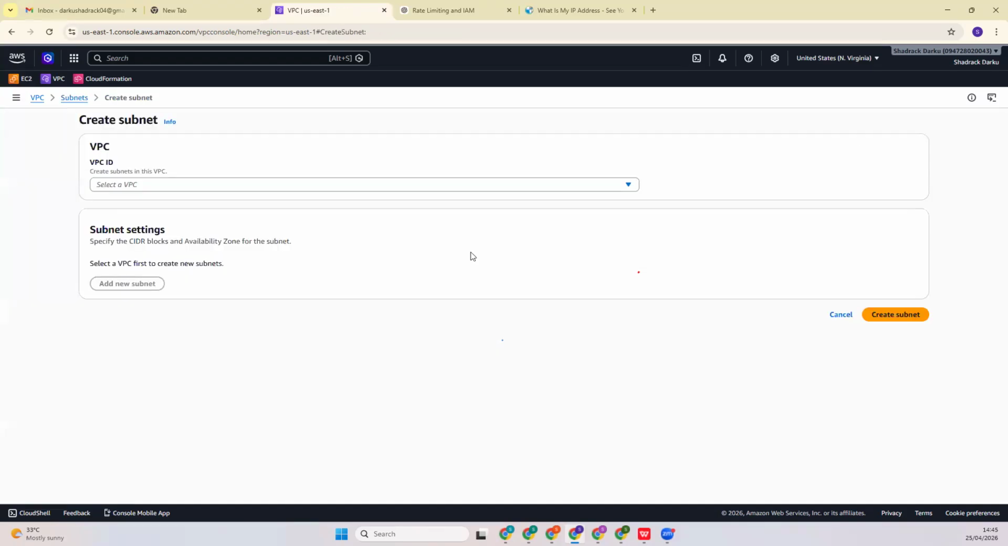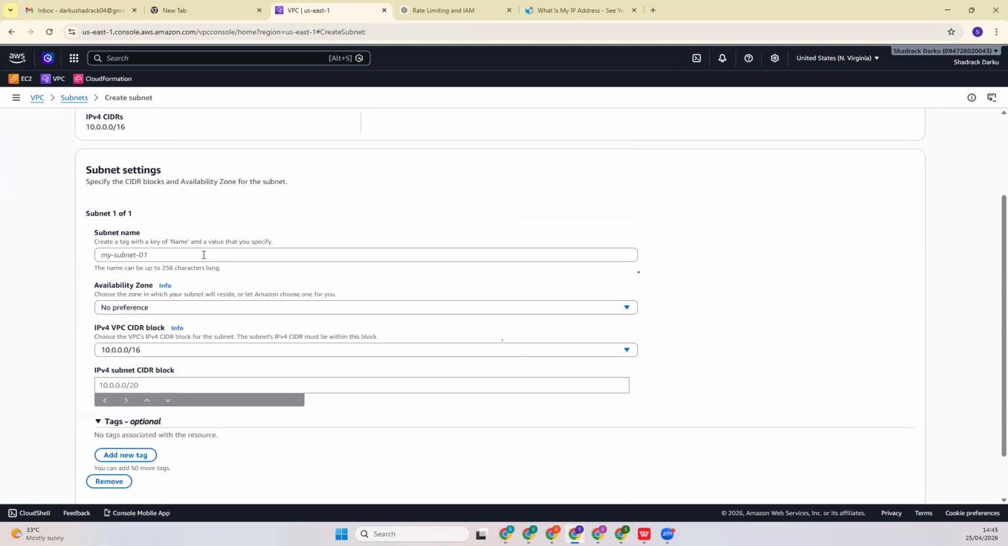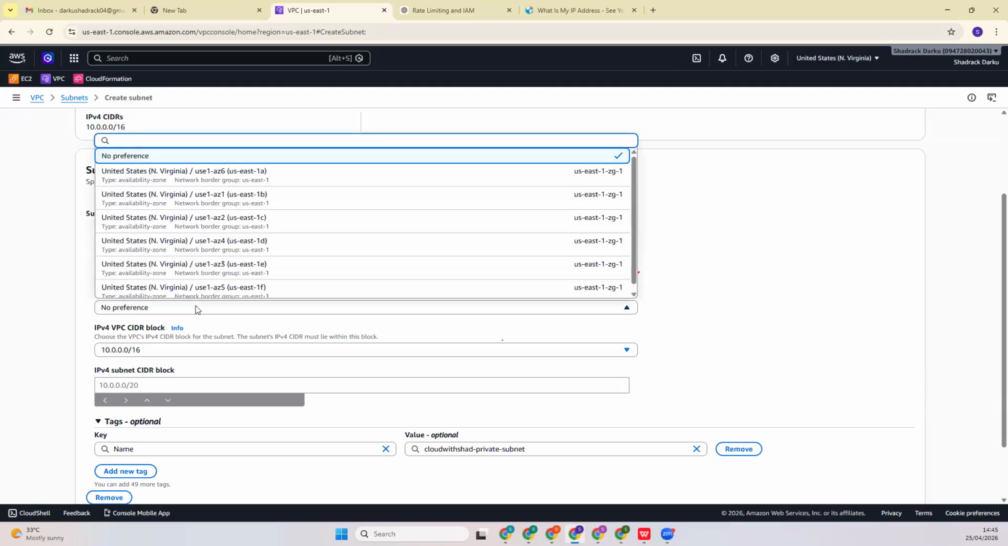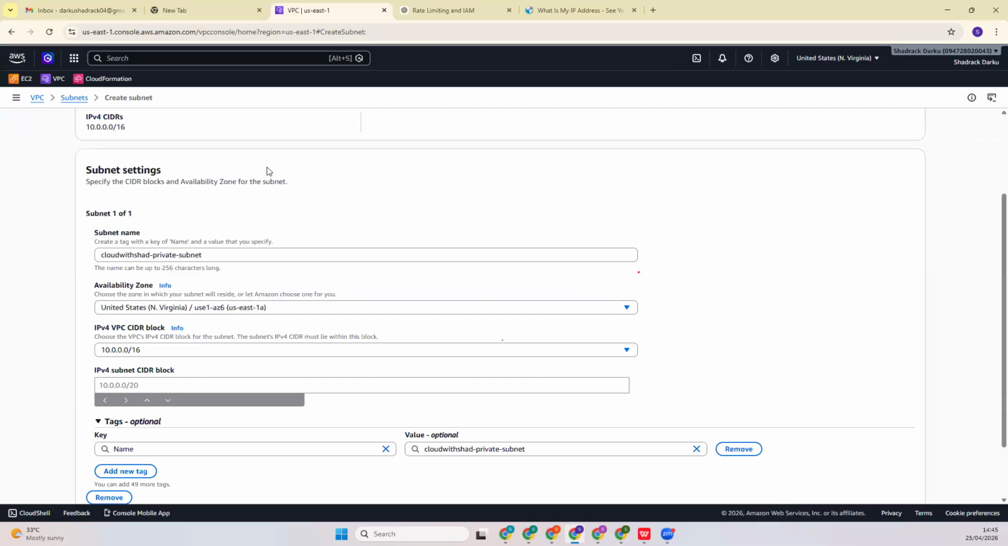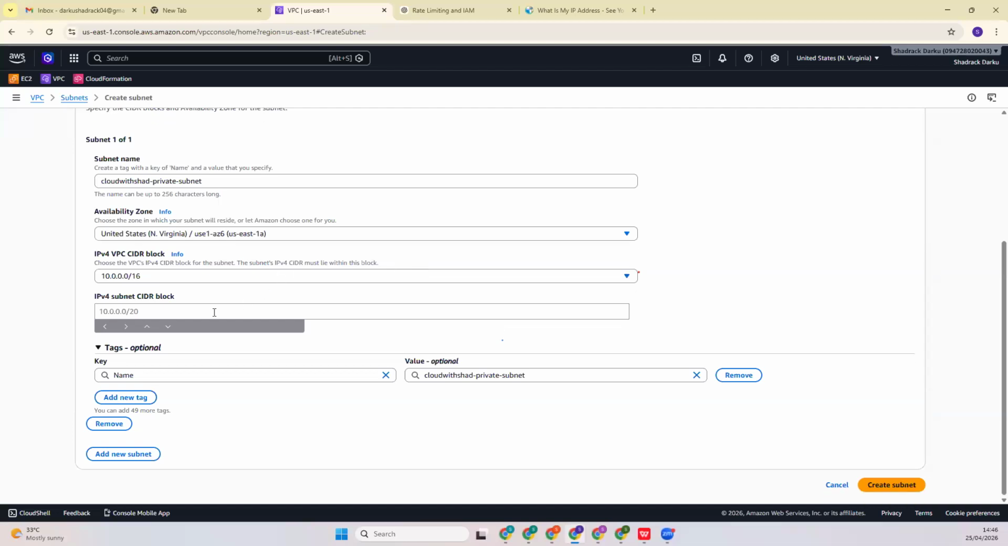Let's create one more. So cloud with shared VPC. Subnet name, let's call this one cloud with shared private. Then availability zone, let's put it on the same one, right? US is 1A, the same availability zone. We are just using one box for the two. Then the CIDR block will be a little different. So this is this